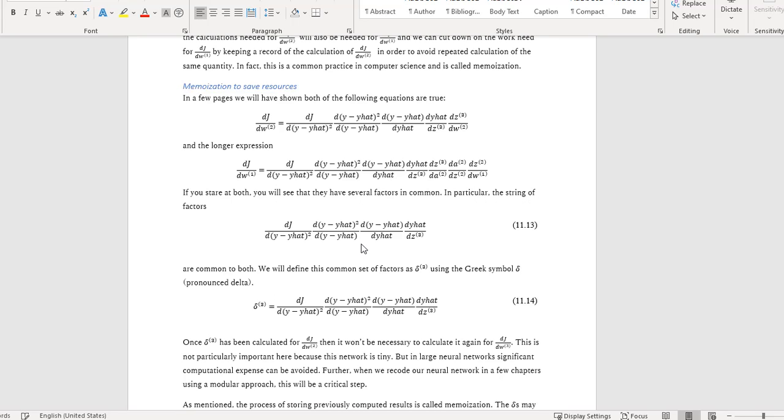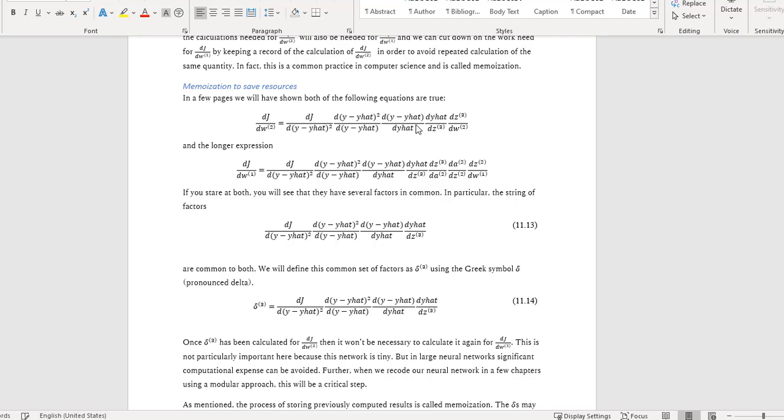However, in the book we note that if you look at both of these, you'll see that they have quite a bit in common. This term and this term are the same. The next term and the next term are the same. This and this are the same, and this and this are the same. So those four terms are the same. So we're going to filter those out and call,